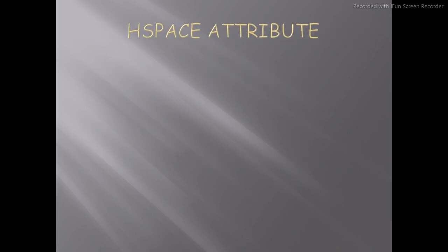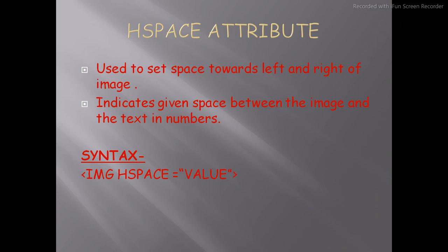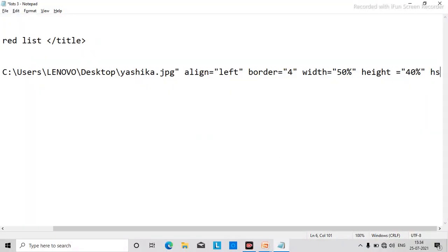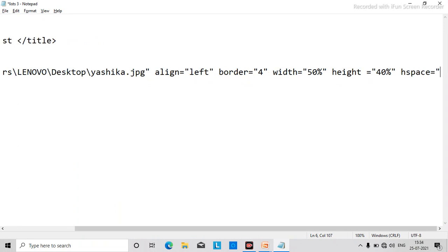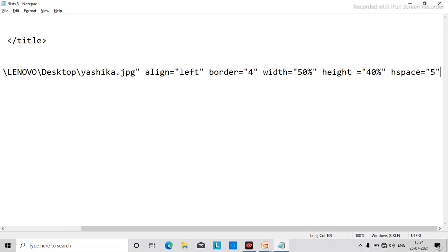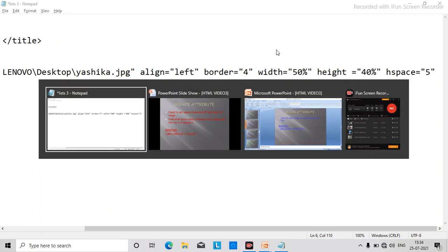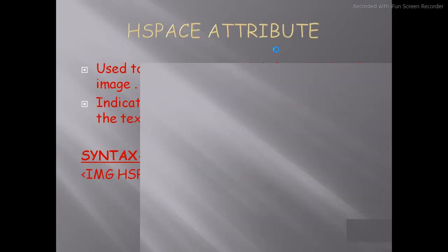Once again, after height attribute, the hspace attribute. Now what is this? Used to set space towards the left and right of the image. Indicates given space between the image and text in numbers. Go to Notepad. hspace is equal to, suppose I want hspace 5. Now I think after that vspace might be there, right? hspace and vspace are like brother and sister.